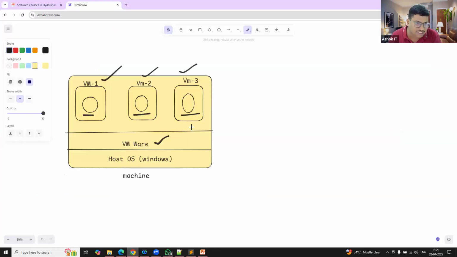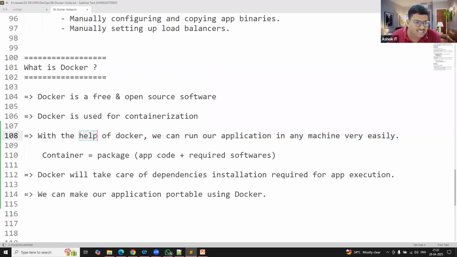I want to run my project on multiple servers. So now, instead of creating 3 virtual machines by using VMware, we are going to create 3 containers in the machine. Every container is one application. One application we can run with multiple containers without using the VMware concept. Very easily you can simulate your applications on multiple servers by using the containerization concept.